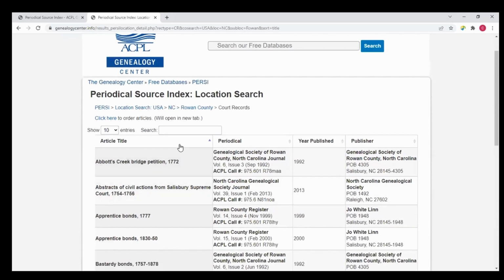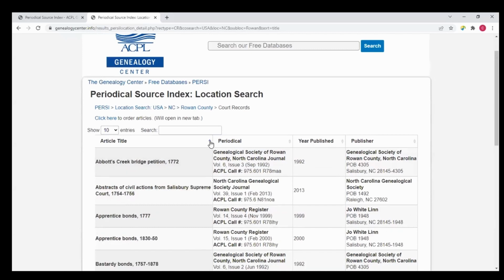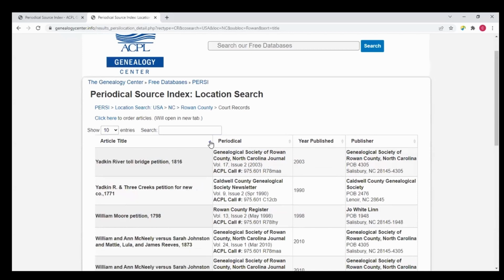One of the neat things about PERSI is you will notice these little arrows in the top fields. And this is how you can organize your titles. If they're presented in alphabetical order, if you'd like them in reverse alphabetical order, you can click on those little what look like drop-down menus, but they're not. They're just ways of reorganizing your data set.